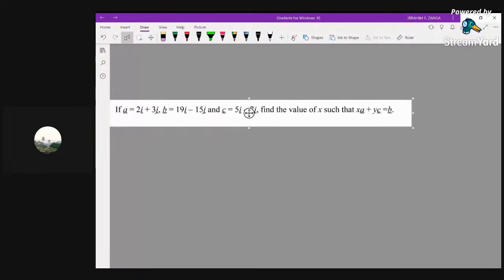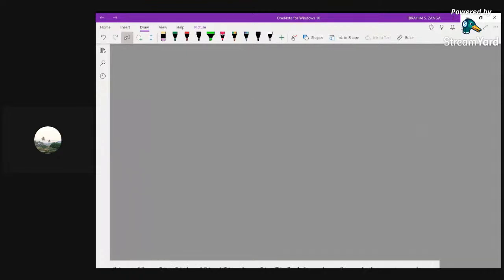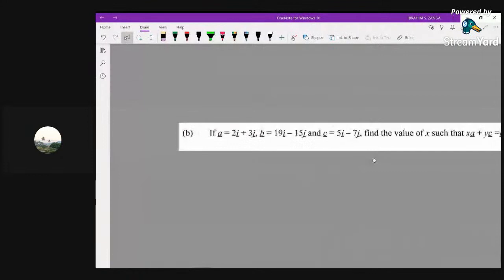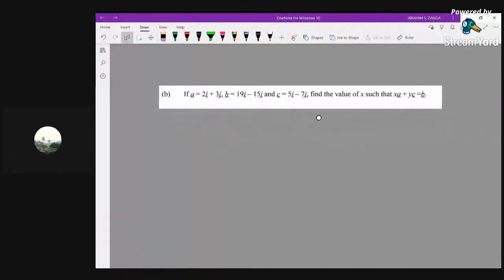So that is the equation. We were told that A equals 2i plus 3j and so forth. So let us go direct: x times A, 2i plus 3j,